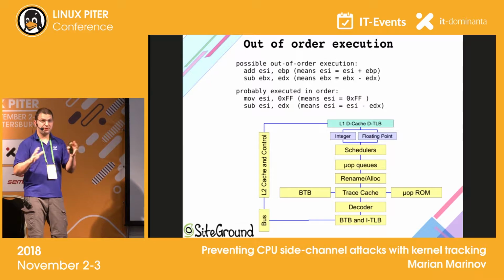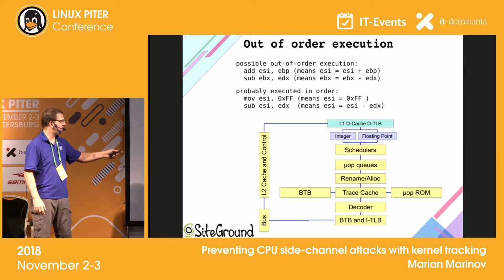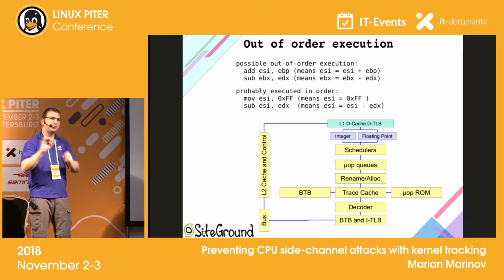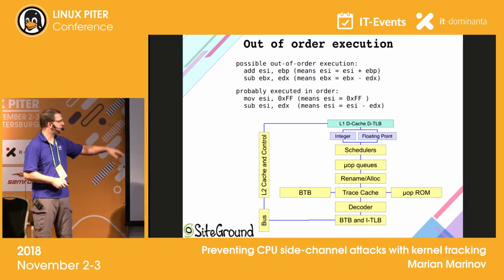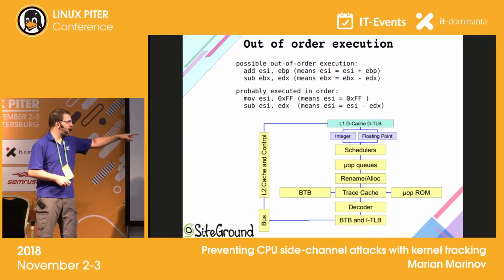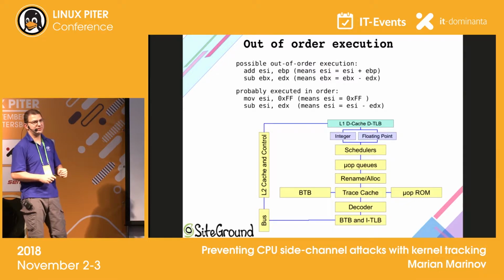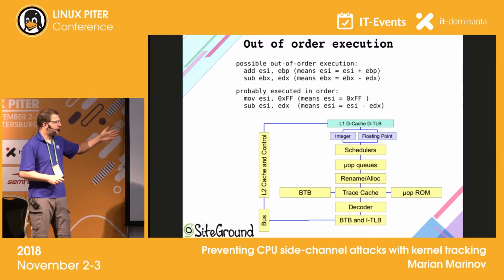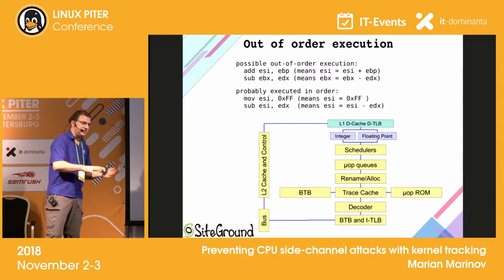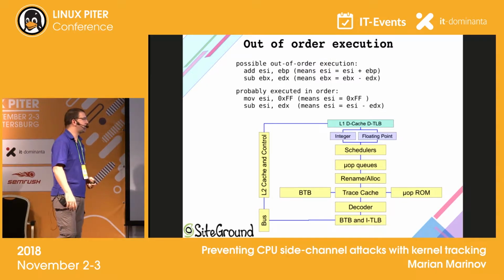This is not a problem architecturally because at a certain point after we retire the data, we will see that this is the mispredicted branch. We have the branch predictor here, BTB. It mispredicted the instructions. It executed them out of order because of the renaming and rearranging of the micro operations. And in that case, we have our data in the cache of the CPU, but since we know that it was wrong, we simply don't retire this data and continue with the correct path.